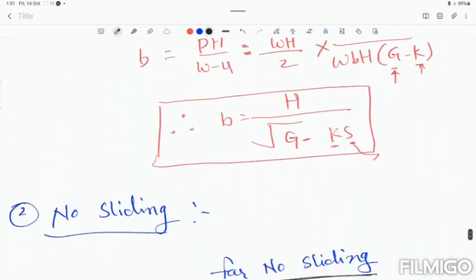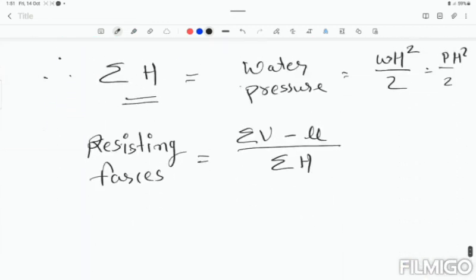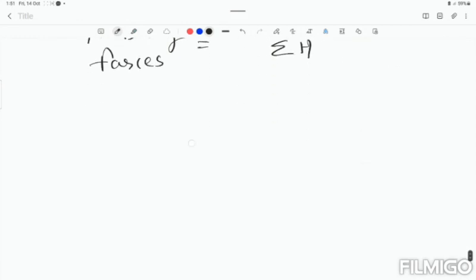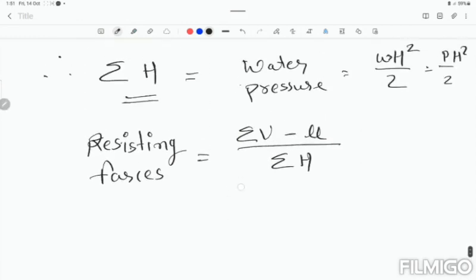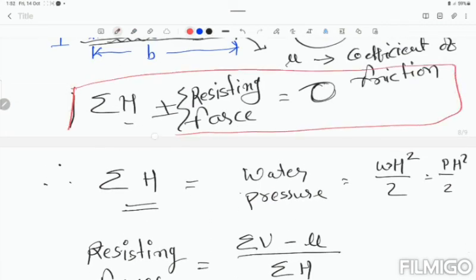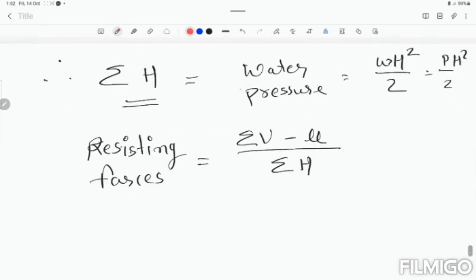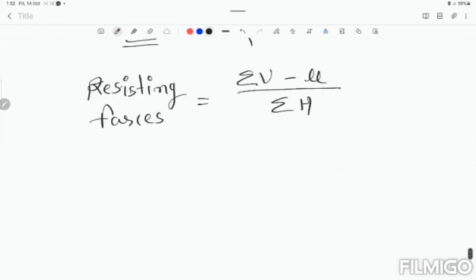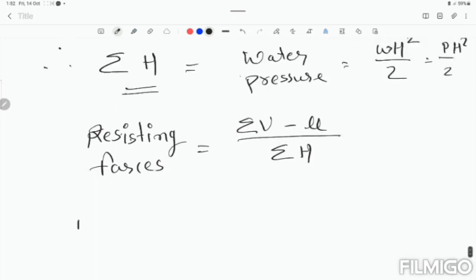So the net horizontal forces will be, if we put these values in these equations, the summation of H equals the summation of V minus U, into the coefficient of friction. This U is taken as